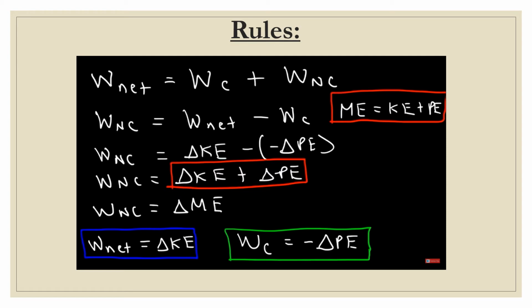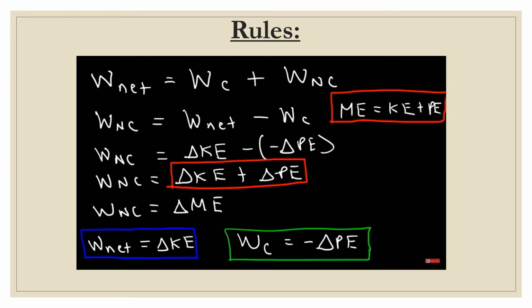So here we have all the rules. Since I said there are conservative forces and non-conservative forces, you can imagine that the net work is equal to conservative work plus non-conservative work. If the work consists of conservative and non-conservative work, then to get the net work of a system, I have to add them both. Now please look at the slide. It says mechanical energy is equal to kinetic energy plus potential energy. We know this one. And we also know, from grade 9,